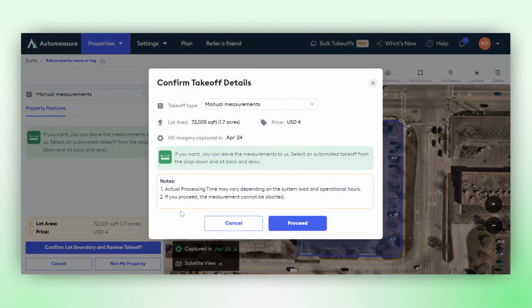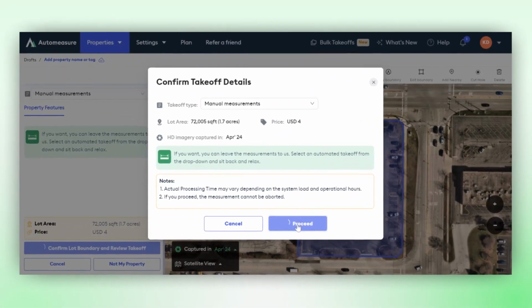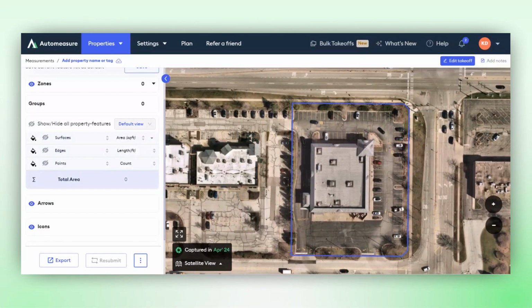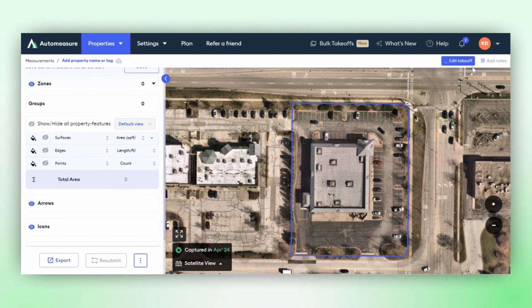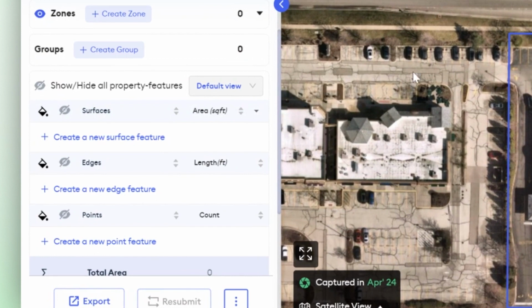Here, we can see that the takeoff details indicate it's a manual measurement. We will be conducting the measurements ourselves. Now, we simply proceed. Once we hit Proceed, we can see that the property is ready for us to manually measure. We click on Edit Takeoff, and we can see that we have the option to add surface features, edge